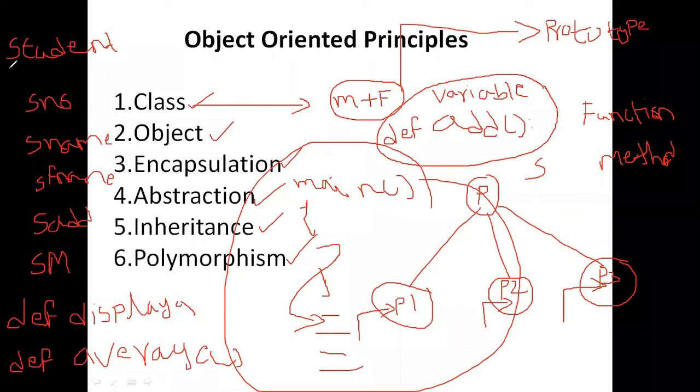Now, if I call display, what is the output? It does not print anything. Why? The class student is just a prototype, and it is the imagination of the programmer. When the programmer tries to write the program, the programmer can think that the class student has these members and these functions. Coming to object, an object is nothing but a basic instance, a real-time instance of this class. The basic runtime instance we call an object.